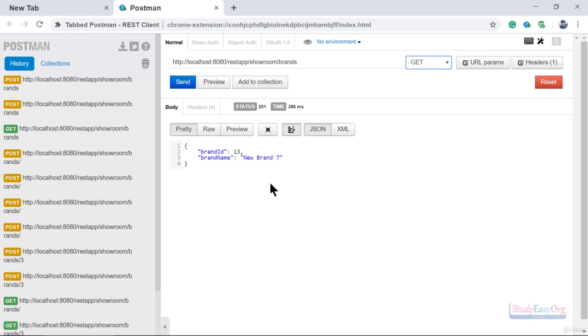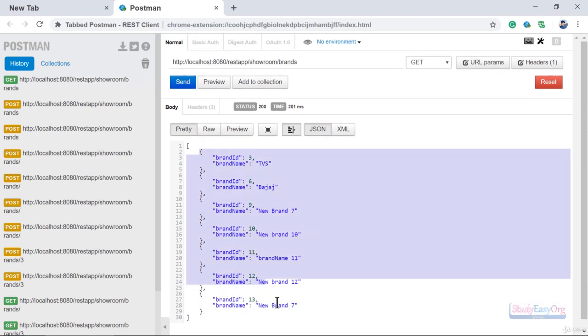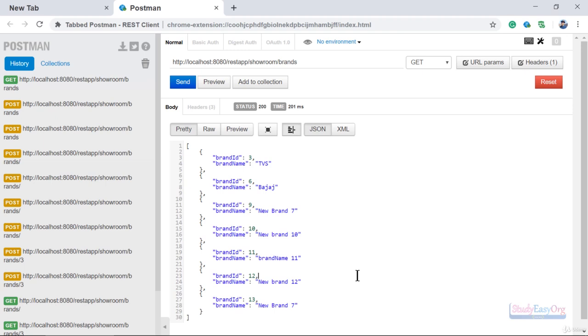We need to get the information. Now we again have yet another entry in here. So in here we have a list. But for example, we would like to get a specific entry. For example, the entry with ID 6. Then we can do what? We can add a /6